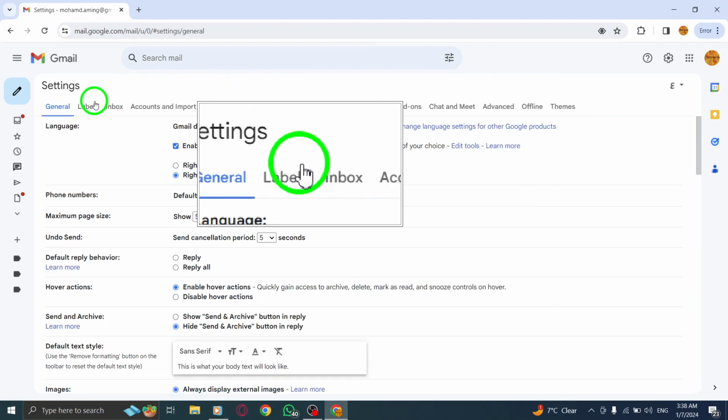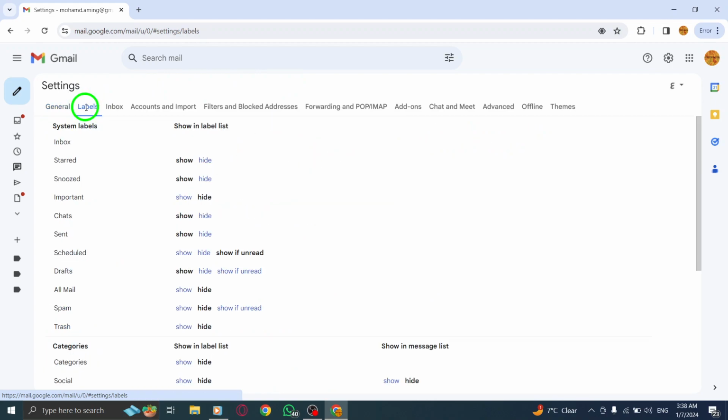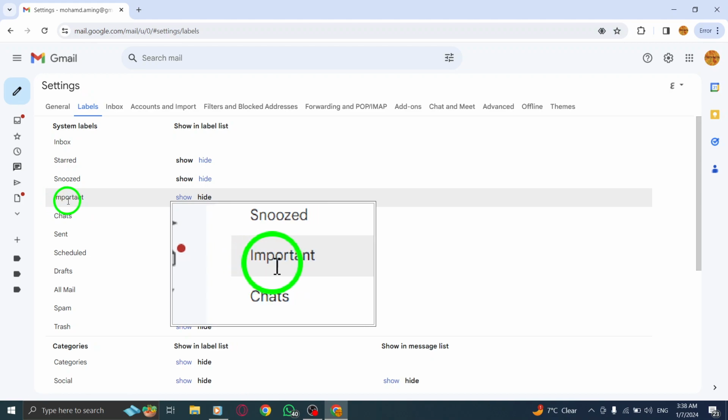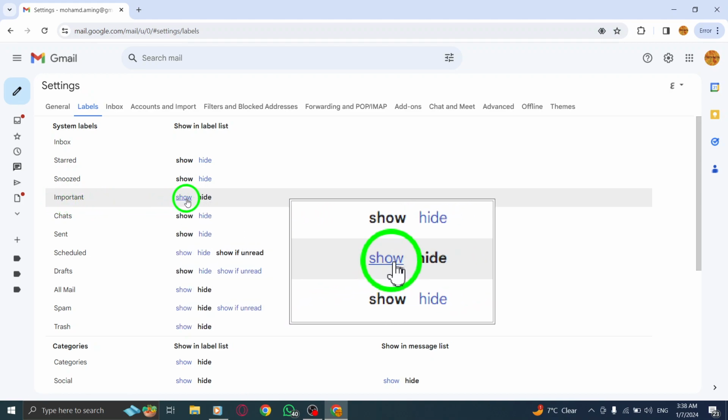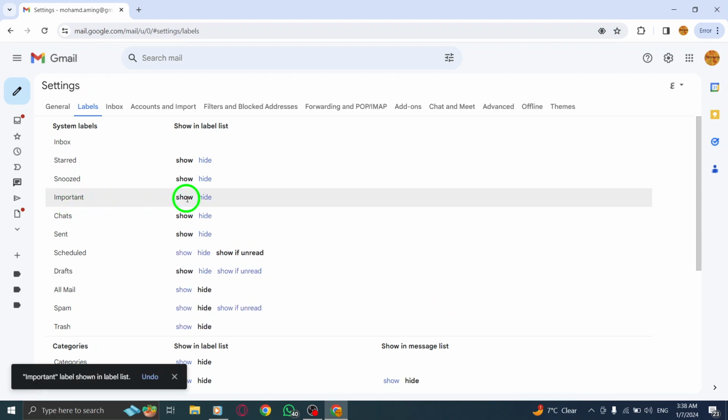Step 4. On the Settings page, click on Labels from the top menu. Step 5. Look for the important label, and next to it, click on Show. By showing the important label, you can easily spot and prioritize your important emails, ensuring that you never miss any